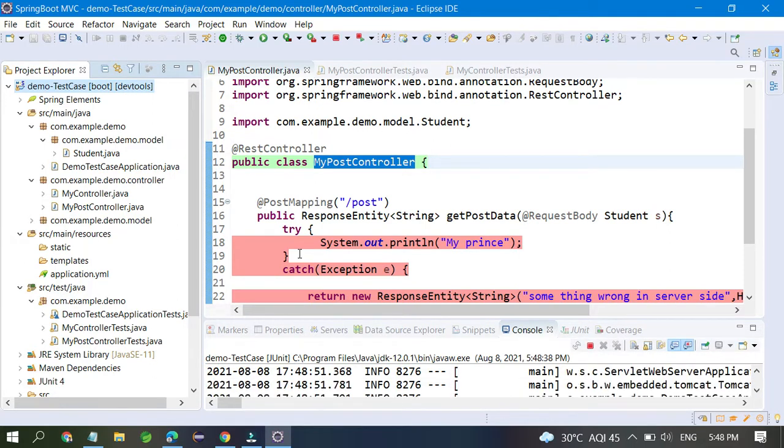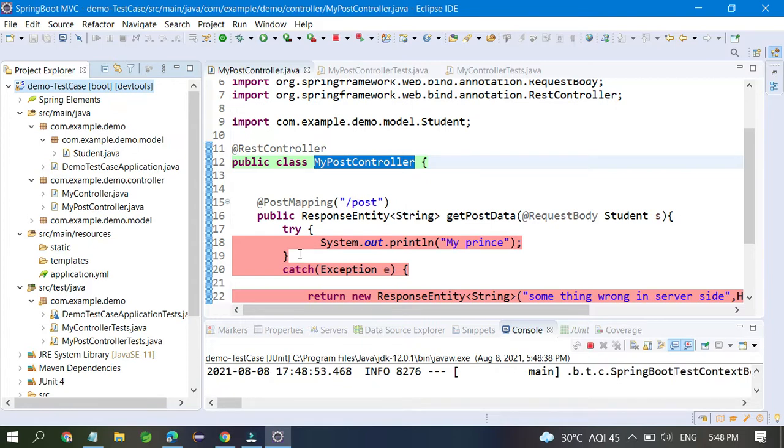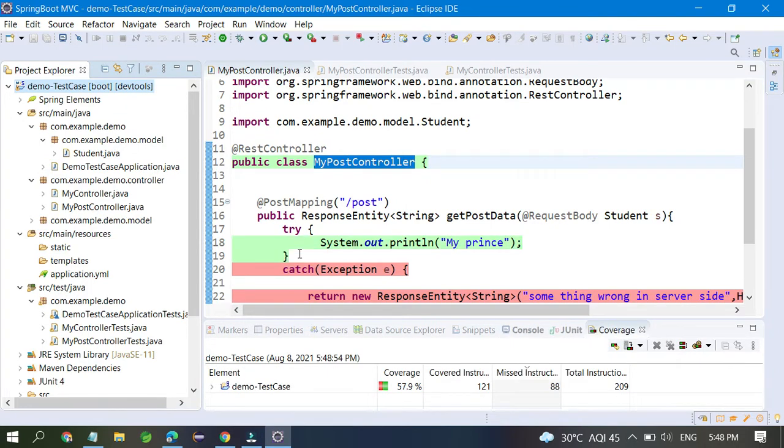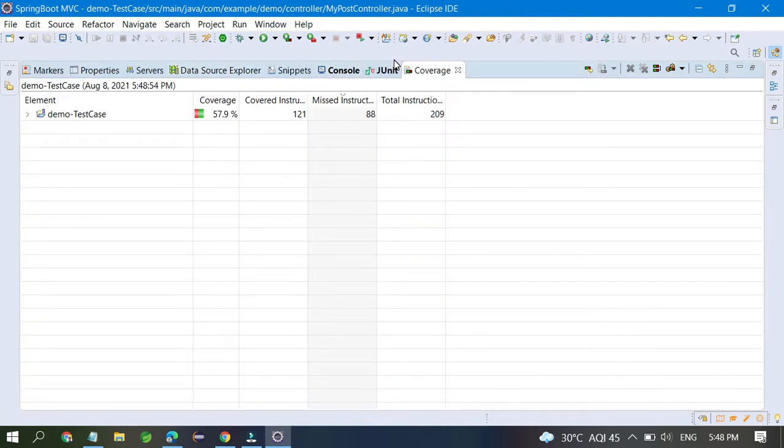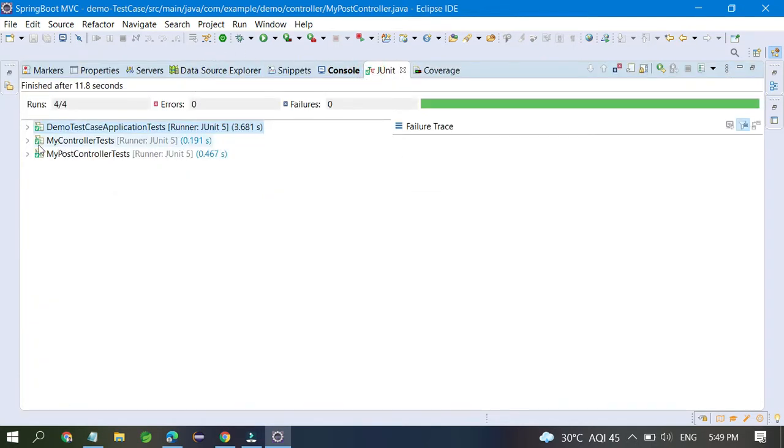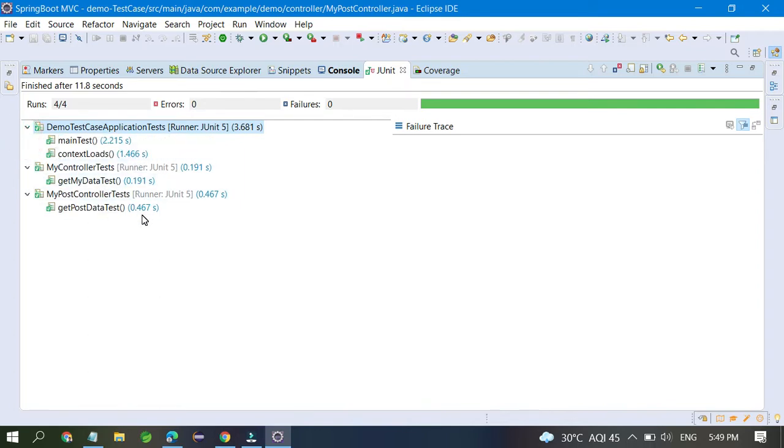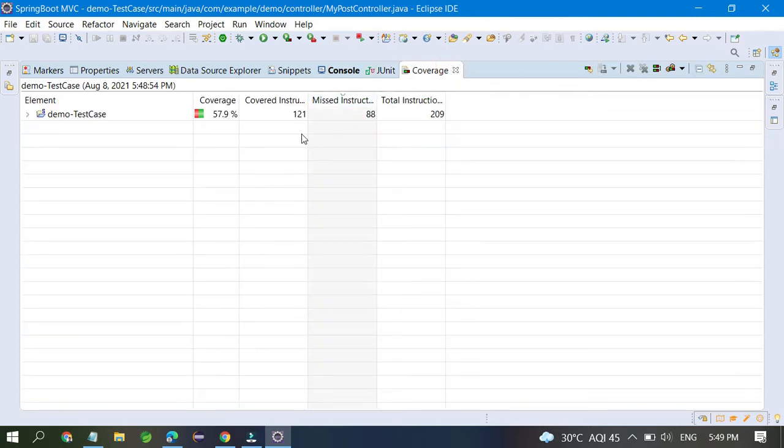Because you need to understand these things. This is very useful. You can see here you have written 3 test cases and all the test cases pass. Okay, fine. For post, for get, for main, for context load also. 57.9% of cases pass, and here you can see where it is not passed, where the problem is right now.